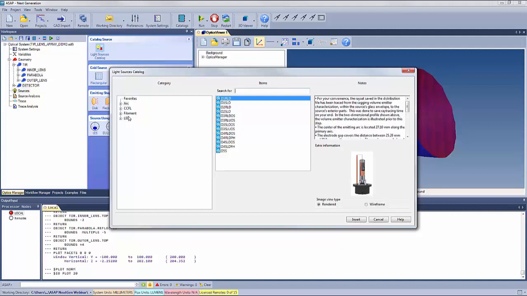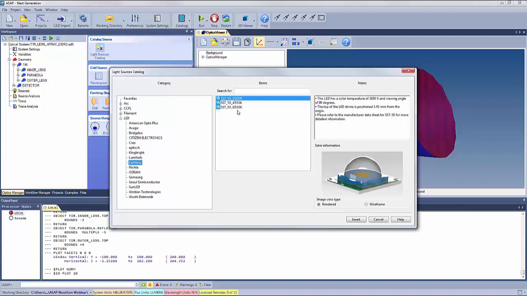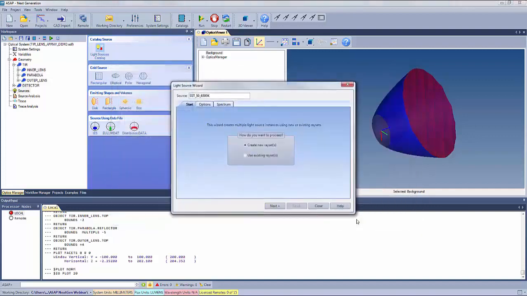You should note that there's a variety of different sources in the catalog. There's arc sources, there's cold cathode fluorescent tubes, there's filament sources of a wide variety of types and manufacturers, and of course there's a wide variety of different LED sources that you can choose from. We're going to choose a luminous LED, which has a basic correlated color temperature of about 6,500 degrees Kelvin. So we will click on that, and we want to insert that into our model, so we'll click on the insert button down here. This brings up the light source wizard, which is part of the catalog,